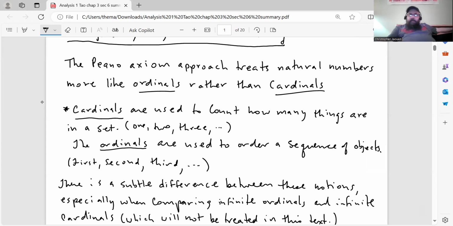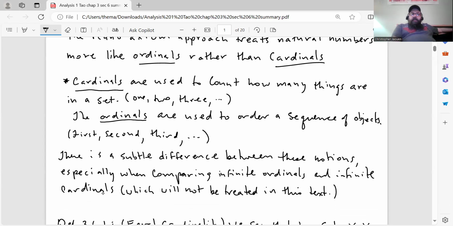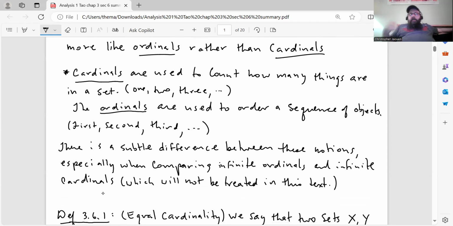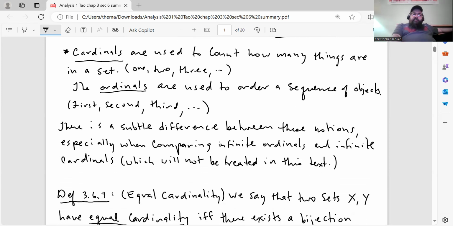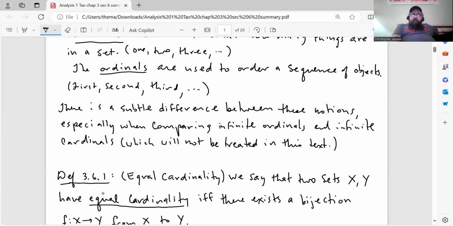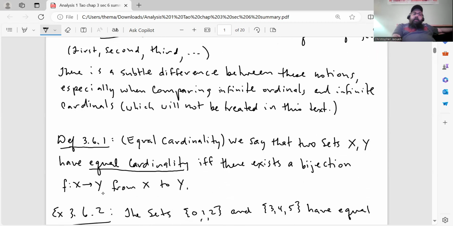So he says in the beginning of the section that the Peano axioms, which we looked at in chapter 2, if you remember, the Peano axiom approach treats natural numbers more like ordinals rather than cardinals. Cardinals are used to count how many things are in a set. So, for example, 1, 2, 3 things or whatever, in a set. The ordinals are used to order a sequence of objects. So, first, second, third, etc. There's a subtle difference between these notions, especially when comparing infinite ordinals and infinite cardinals, which will not be treated